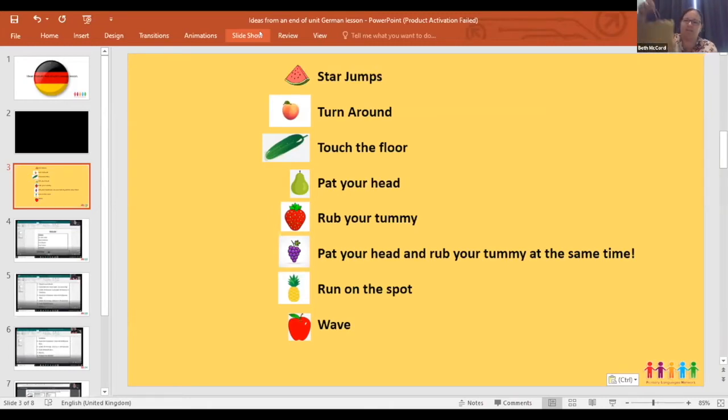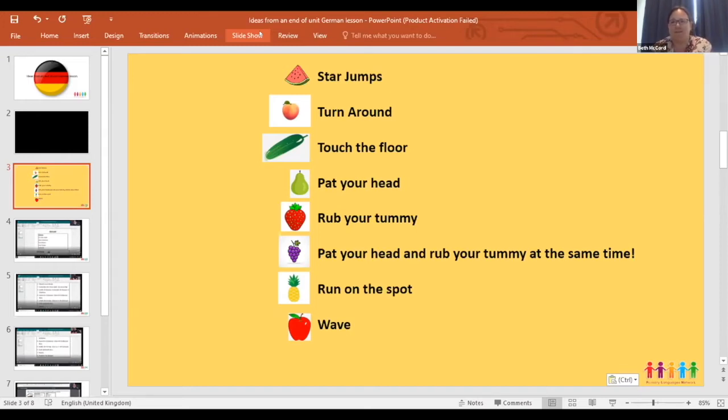So I got my children's plastic fruit in a shopping bag, and I attached instructions to different objects. I'd pick a piece of fruit out and say, oh, ein Apfel. Ein Apfel. And then I'd ask them to repeat it. Wiederhol, ein Apfel. Put it back and pick another piece. Oh, eine Gurke. Eine Gurke. So I'd have to touch the floor. Wiederhol, eine Gurke. And we'd go through the fruits or the vegetables, just practicing the nouns,